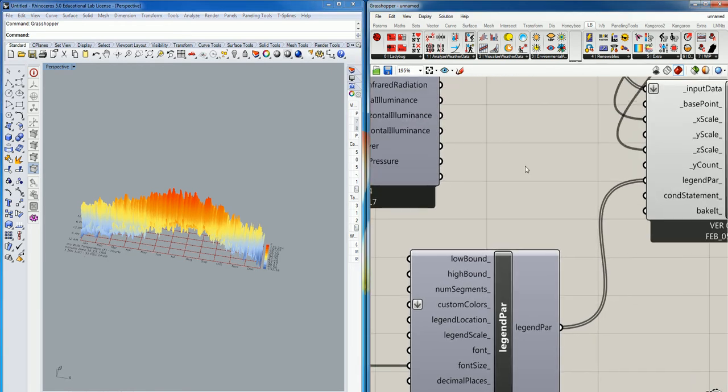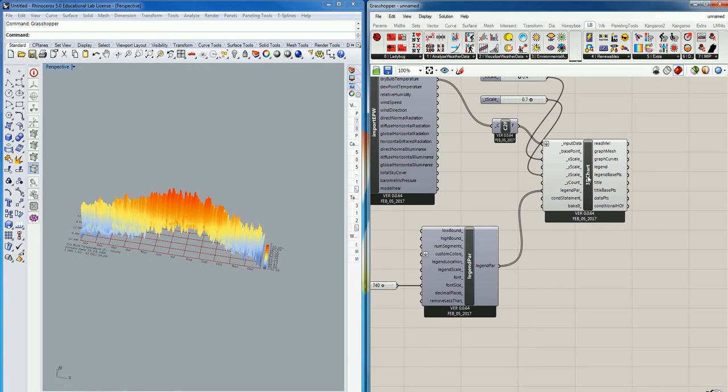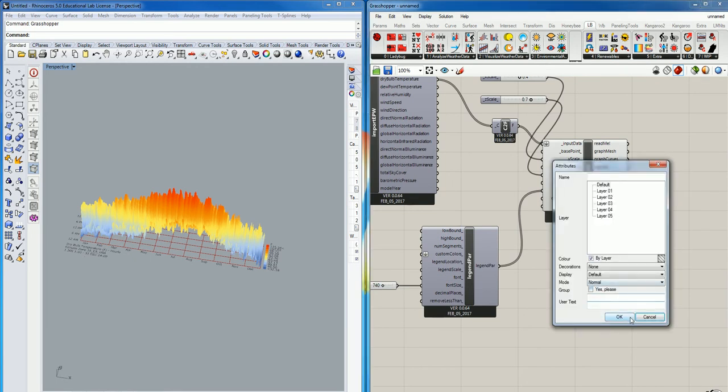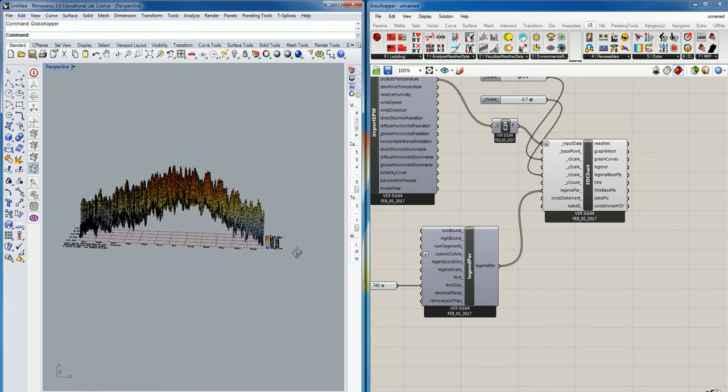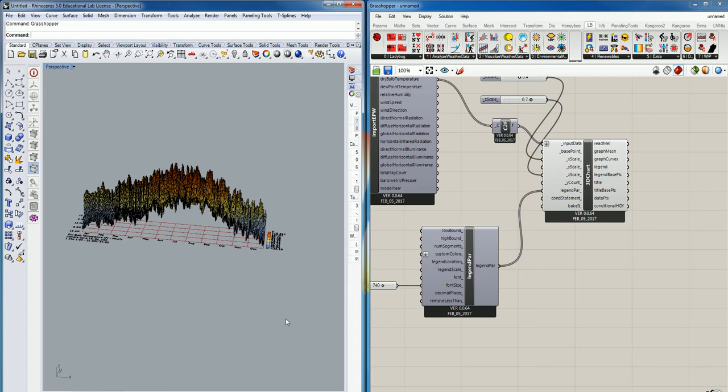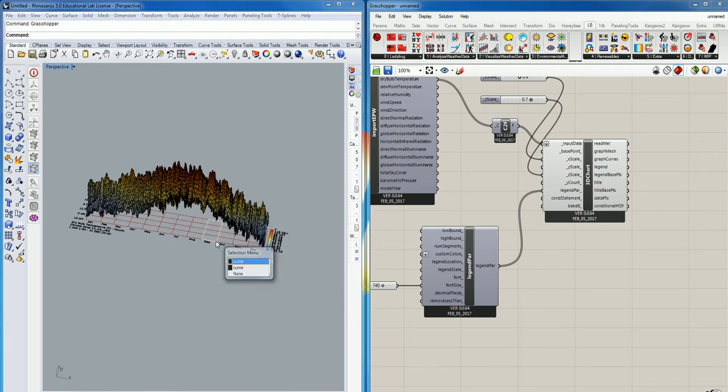In order to bake the thing into the screen, what you're going to do is just right click here and click bake. And it's going to basically look something like that once it gets baked. Okay? But once it gets baked, you'll find that it is line work that you can work with. So for example, I could draw a box,